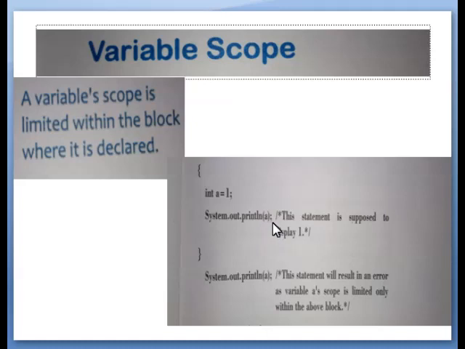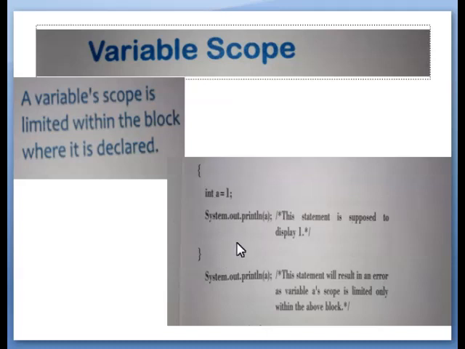This means we are going to print the value of a. This statement is supposed to display 1. Here the program is ending. The open curly brace and closed curly brace, these are the statements inside the block. So the variable scope is within the block only.